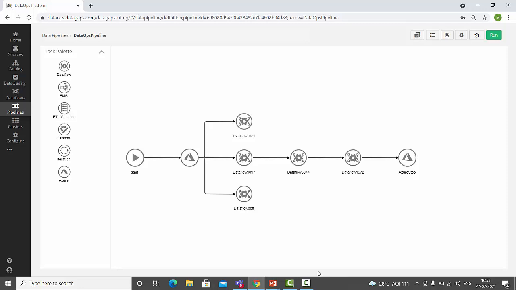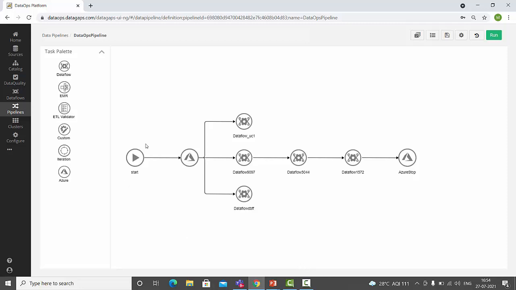And the next task is Azure task, which is more of a cluster in Azure Databricks it is. So the same way EMR works, Azure Databricks also works the same way. So we can bring up the cluster in Azure Databricks, and we can execute all the jobs on top of that cluster, and we can terminate the cluster as well from the tool itself or the pipeline itself.